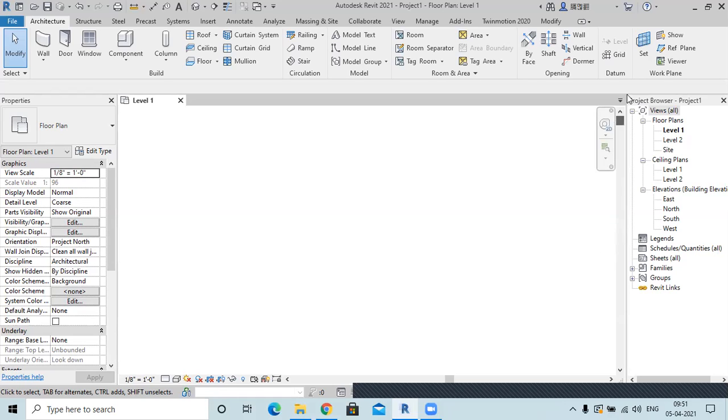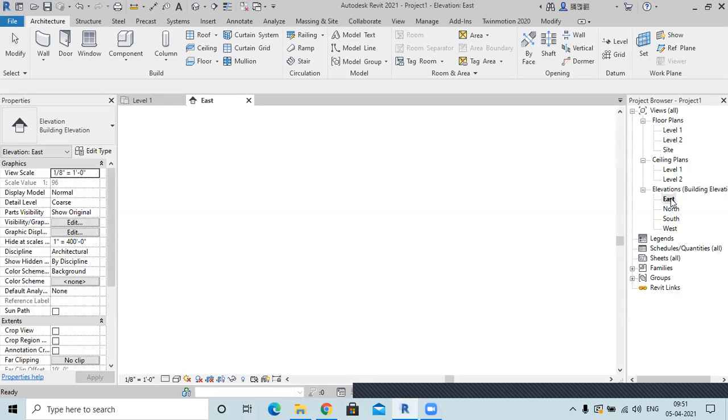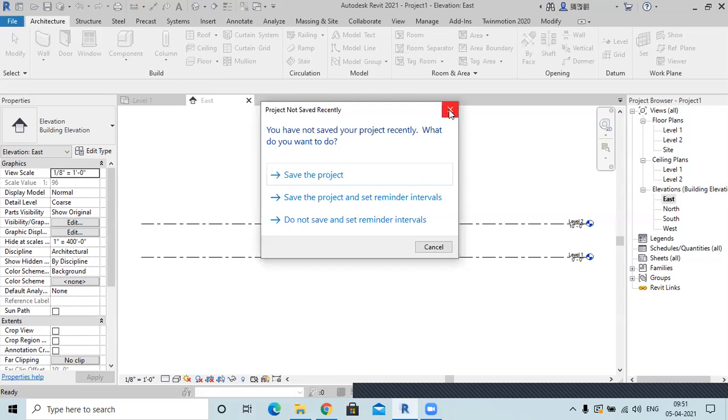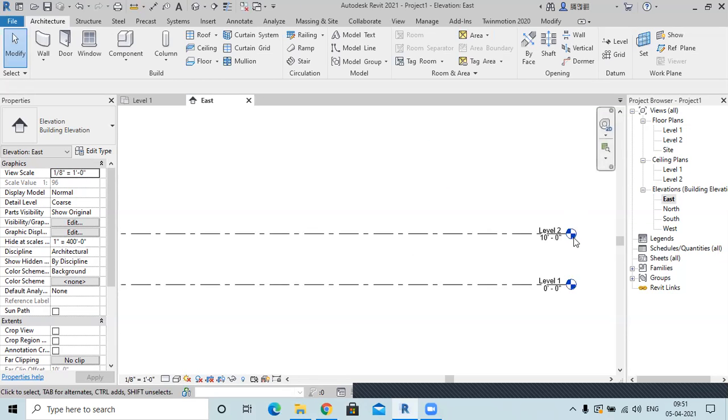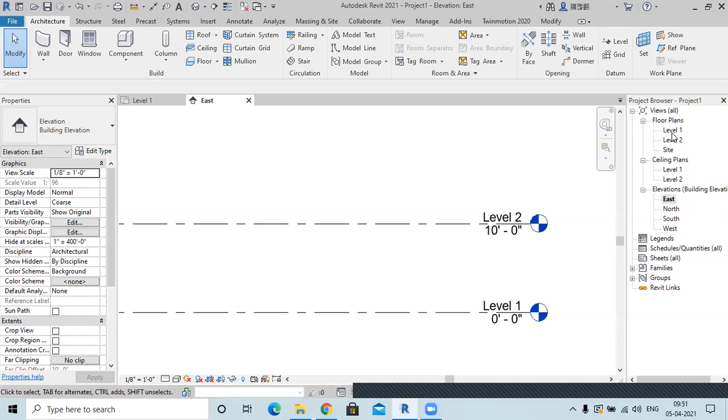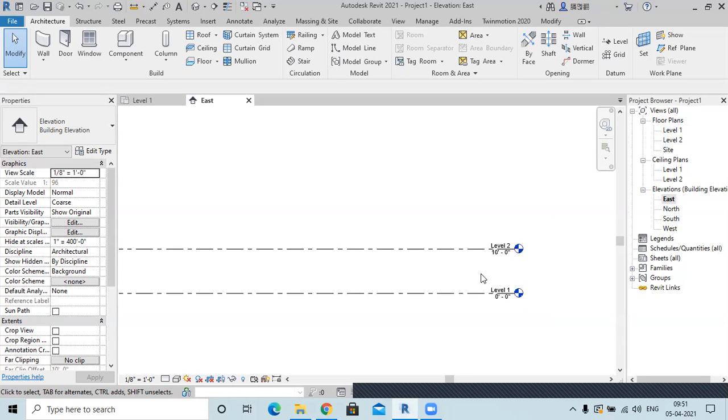And there is one more thing. There's this elevation option. If you go to any elevation, I'll get these 2 elevations which are right now created, level 1, level 2. Now I want to make a 4-floor building. For me, level 1 is the ground floor, 2 is the first floor. So for getting second, third, and at 4th, I want the roof. So I have to make 3 more levels.